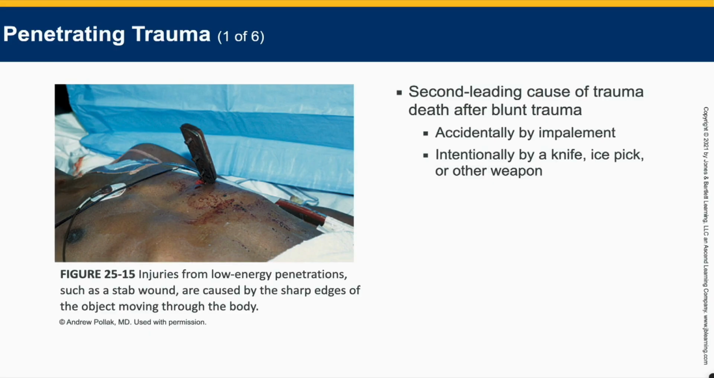Now let's move into penetrating trauma, which is actually the second leading cause of trauma-related death after blunt trauma. This type of injury can happen accidentally, like an impalement, or intentionally, such as a knife, an ice pick, or another weapon. The key difference here is that instead of force being spread out over the body, like in a blunt trauma, this energy is focused in a very small area, allowing an object to actually pierce through tissues and